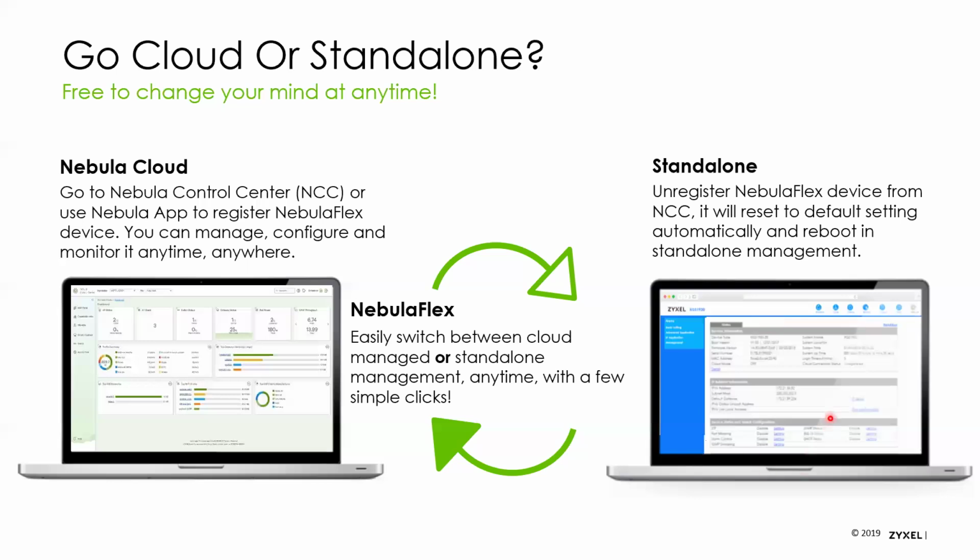If you want to convert it to cloud mode, all you do is scan that QR code, assign the device to one of your customers' networks, and within a few minutes, the device will detect that you now want to manage it in the cloud and will automatically reboot itself into cloud mode and download the configuration you have set in the cloud. If at any point you want to take it out of the cloud and manage it more traditionally, maybe you're swapping in new hardware at one customer and you're going to move the old hardware to a different customer, you simply log into Nebula, remove the device from your inventory, and the device will automatically reboot into